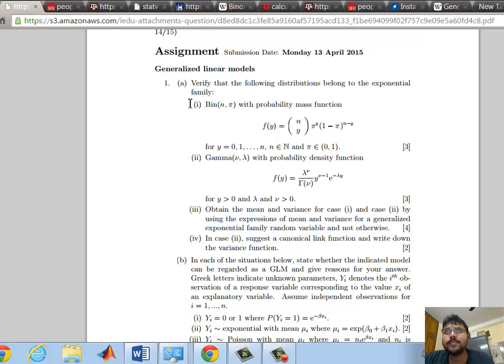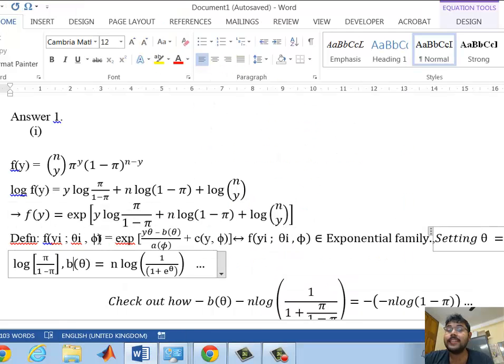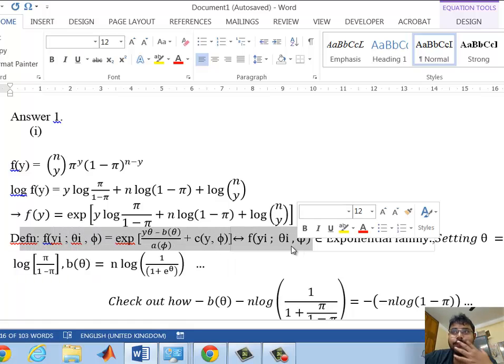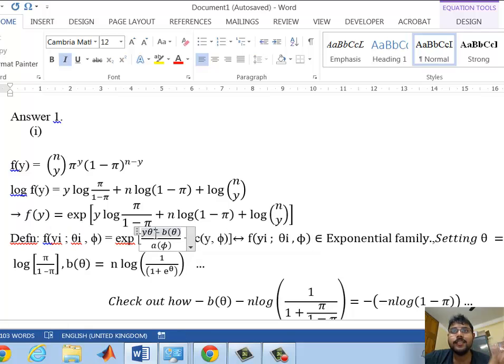So what you can see on the screen, the first question, part A, tells us to verify that the following distributions belong to the exponential family. Now, first of all, you need a standard version of an exponential family to start with. So, well, I chose this. There are various versions. There could be a version available in class, but definitely it will be some kind of a function of y and theta, which we have given here,